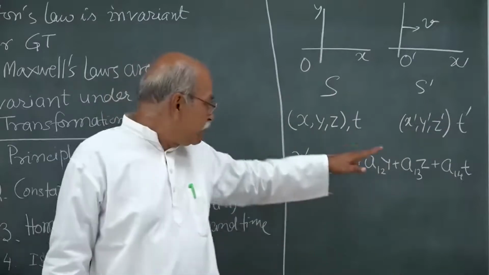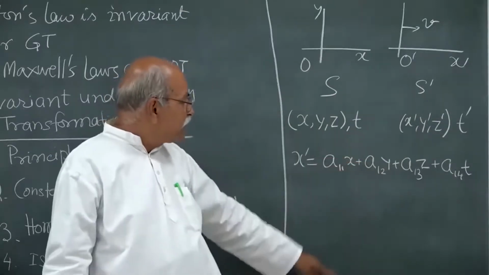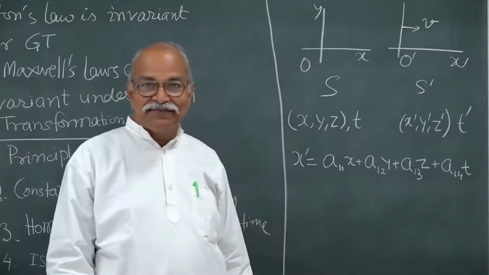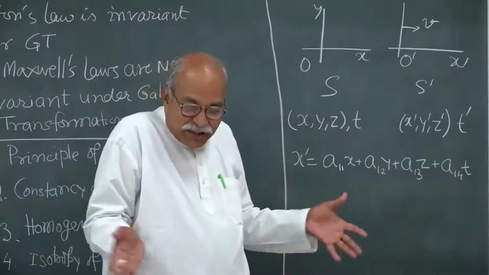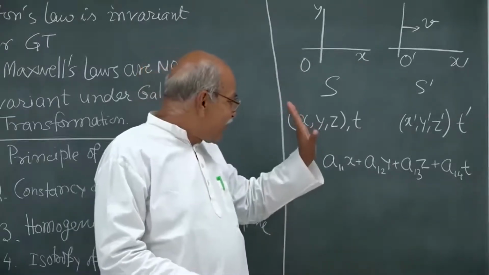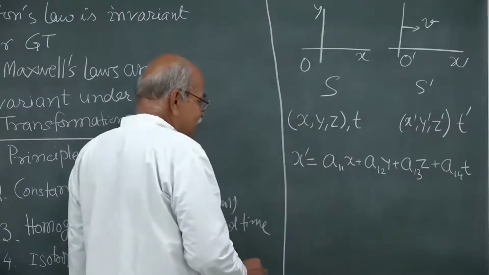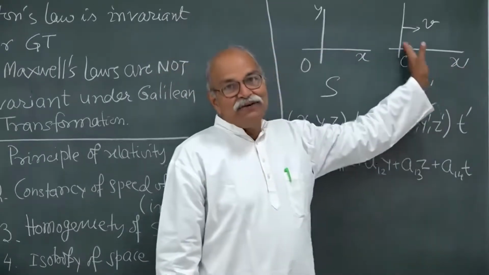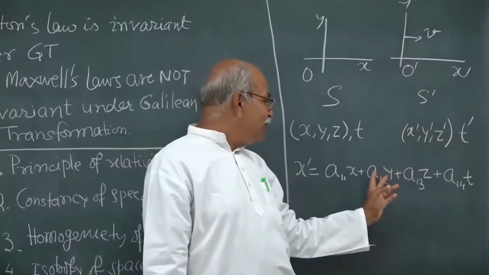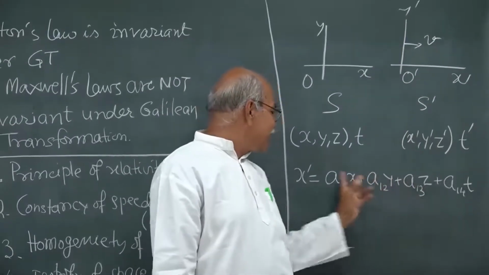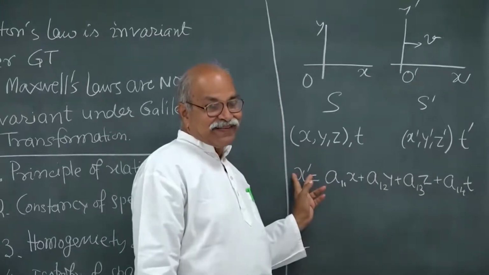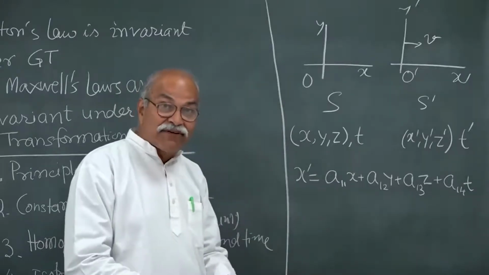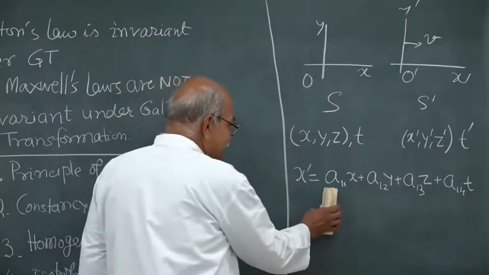Second thing is, although we can start with these sets of 4 equations, and the book by Robert Resnick on special theory of relativity actually does that, I will cut short the mathematics. The final result I know and I can justify, and that is that since the motion is in x direction, there is no motion in y direction. So, the y part and z part do not appear in this expression of x prime. It is not an assumption, we can derive it, but I will cut short that mathematics, I will just write that